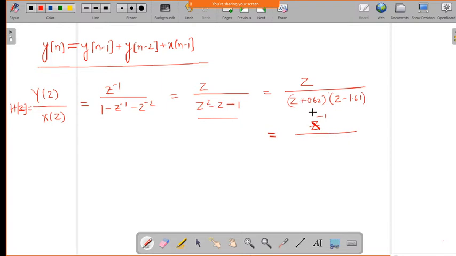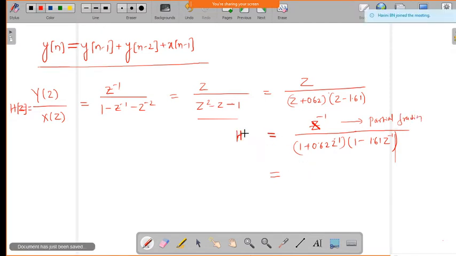So you will get both numerator and denominator if you multiply by z power minus 2, and you will get z power minus 1 divided by (1 plus 0.62 z inverse) into (1 minus 1.61 z inverse). Now by using the partial fraction expansion method you can expand this and find out, so take this one and try to find out what a and